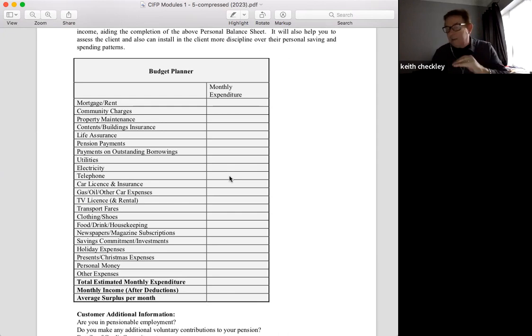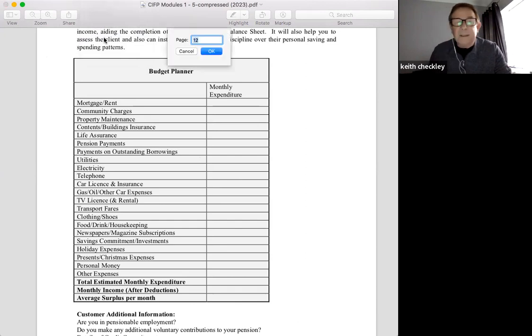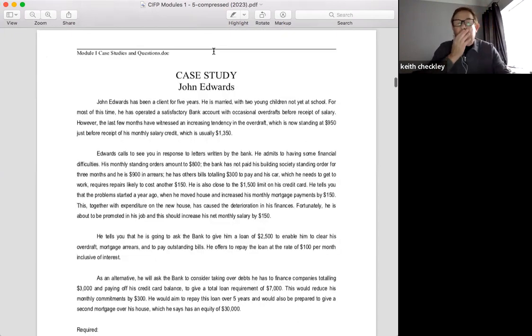Now, I know the material setups, with it being exported into a PDF, some of the page numbers are a bit difficult. But if I go to my page 56, I'm hoping that'll bring me back to the Edwards case study that we started to look at last week. Yes, there it is. So if you can all find that in your materials.